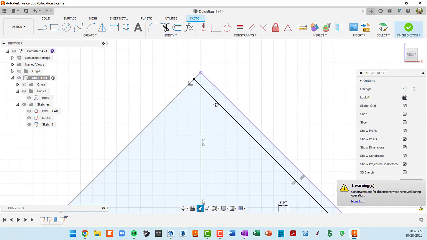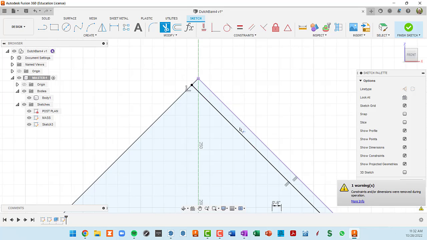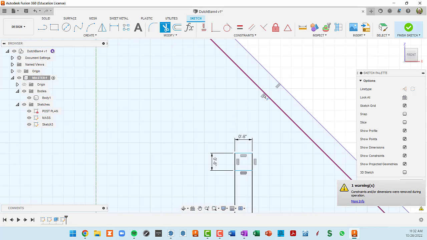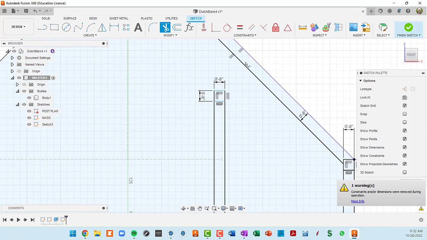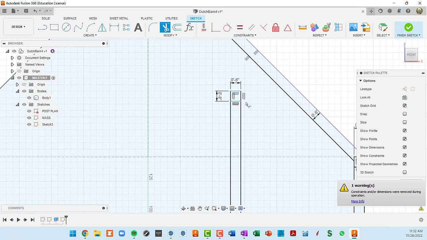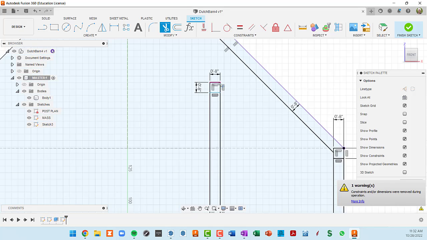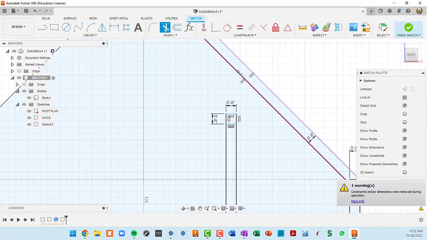And if we go up to the top, everything's fine up there. And you can see that's a constraint. That's showing that these two lines are parallel to each other. Okay, so now the exercise is how far up do we want to go with this post and plate to cut into this rafter. So I'm going to hit escape to get out of the tool I was in, and